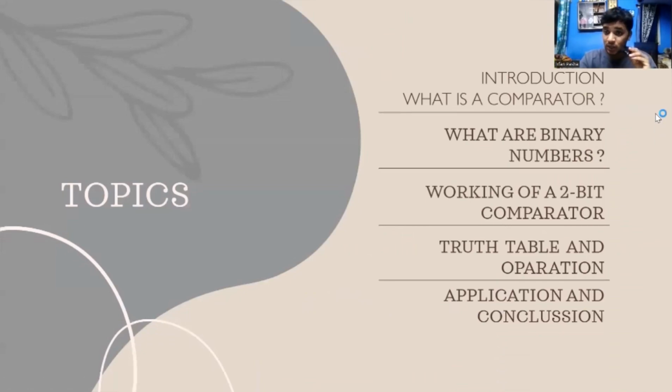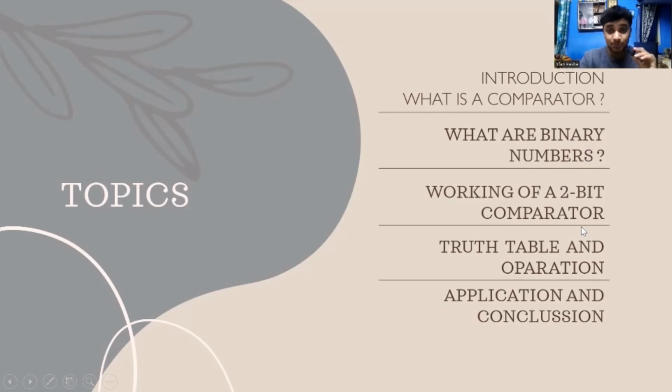Let us start with what we have in today's presentation. Starting with the introduction, which tells us what a comparator is, and next, understanding binary numbers. We have to understand what binary numbers are, what they do, and what role they play in a comparator, because binary numbers are the most fundamental thing in a computer. If there are no binary numbers, your computer will be a zero, and zeros and ones are actually the binary numbers. So we'll be learning what binary numbers are, and then the working of a two-bit comparator,